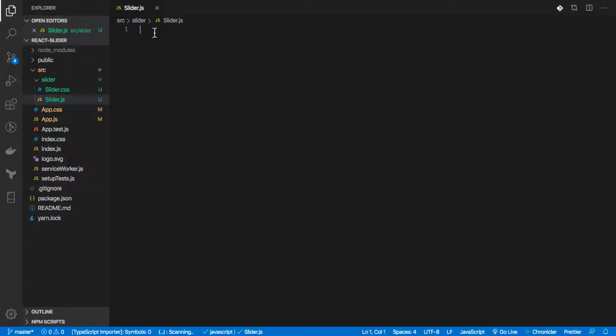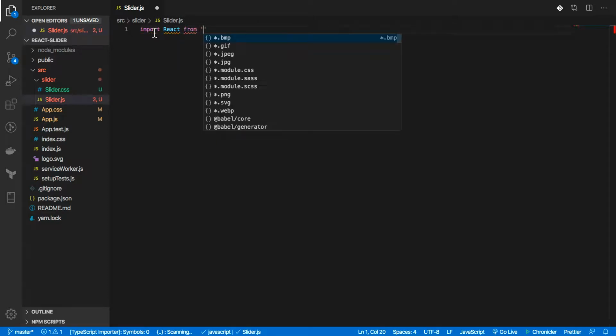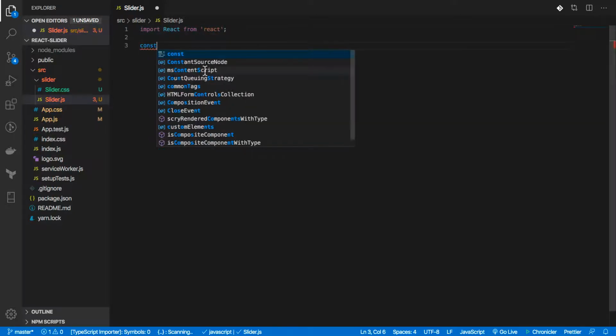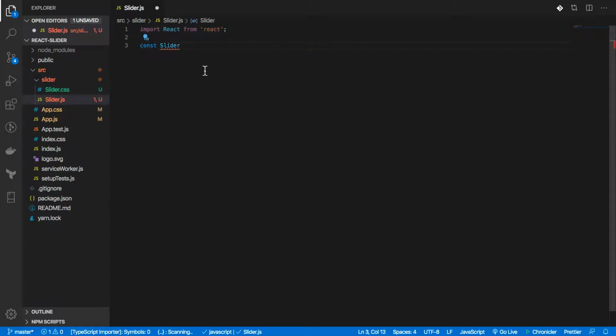And then, like I said some time ago, we are going to be using the HTML5 range input. So first, import React from React right here. And now the next thing is for us to create our function. So const, I'll call it slider, or you can call it whatever name you want, and it's going to be an arrow function right here. Now this arrow function usually returns some elements. So here we just do return,